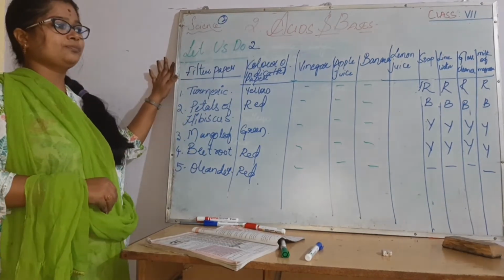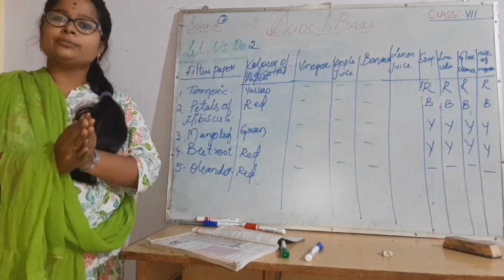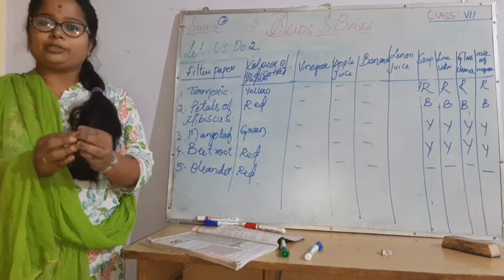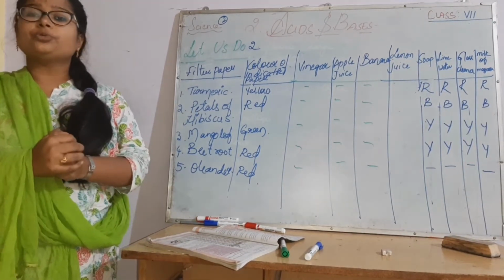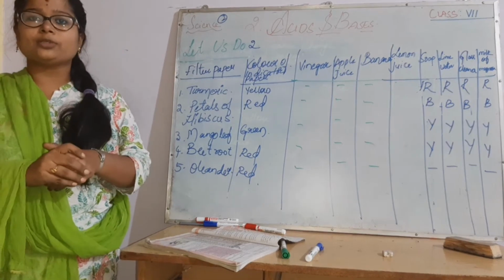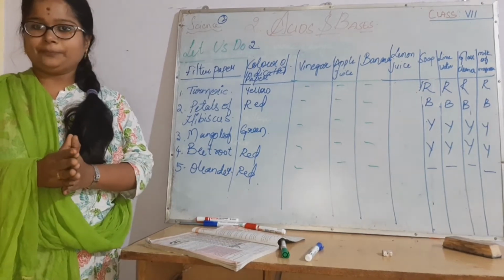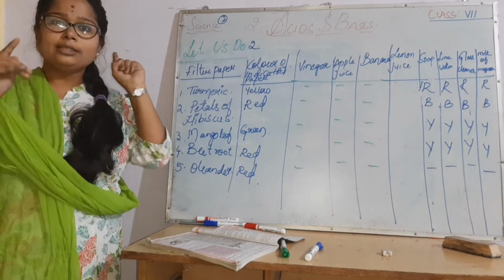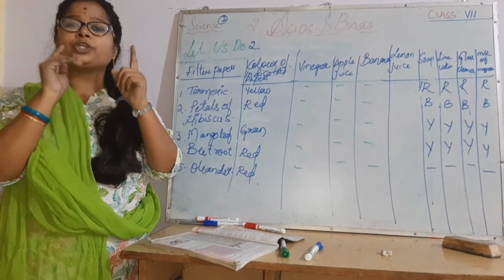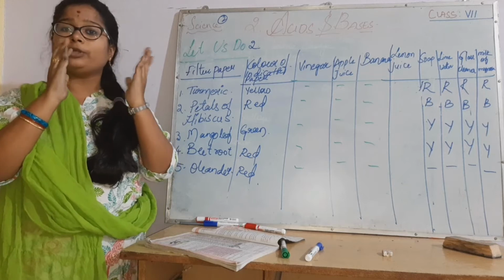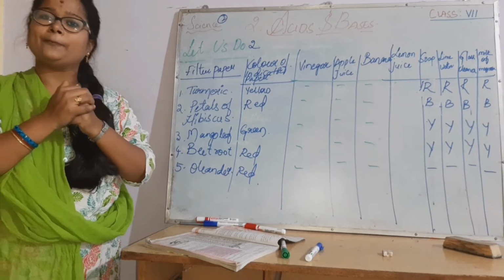Let us do table 2. In the previous topic you have learnt about turmeric paper, how it changes its color when you add lime water and soap water. It changes into red, as you have seen. I said that some other substances also will change their color when you add another substance to it. The important thing to notice is that they change their color when one substance is added to another.